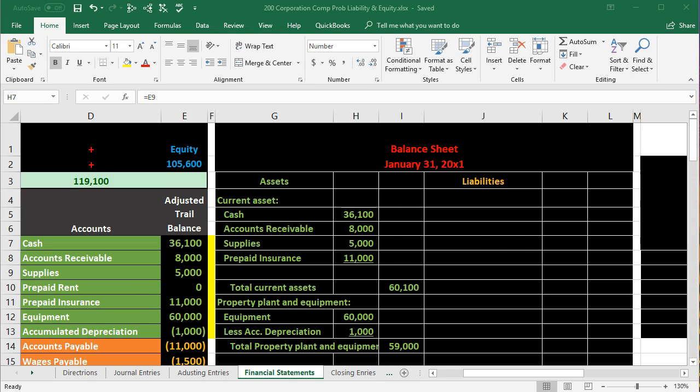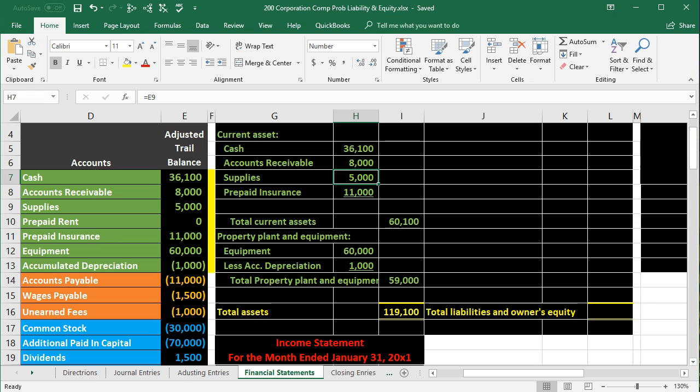In this presentation, we will continue on with our comprehensive problem. We're going to be filling out the balance sheet, now going to the liability portion and the equity portion of